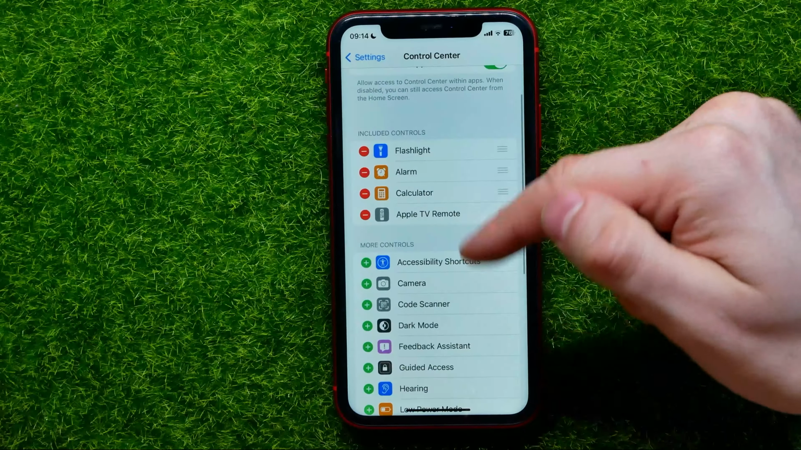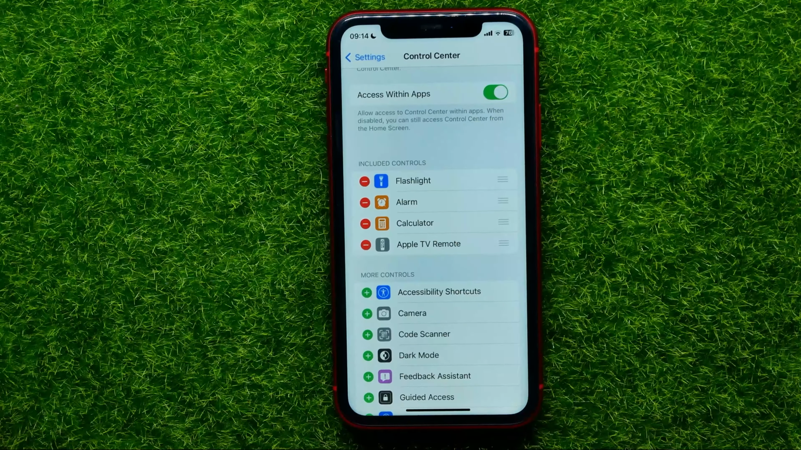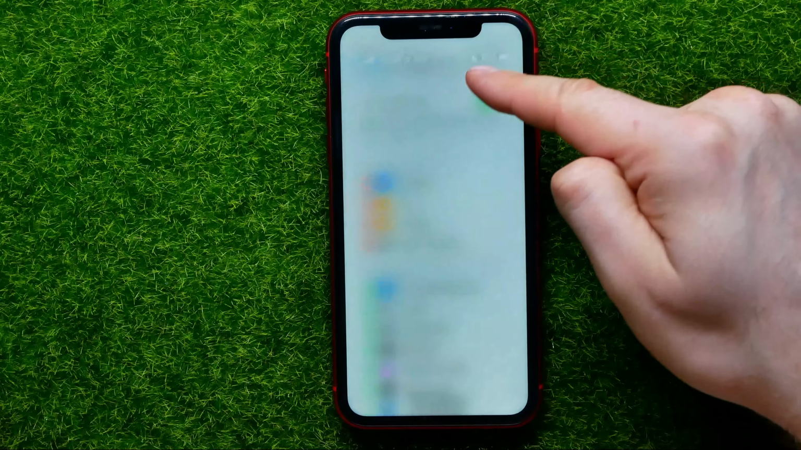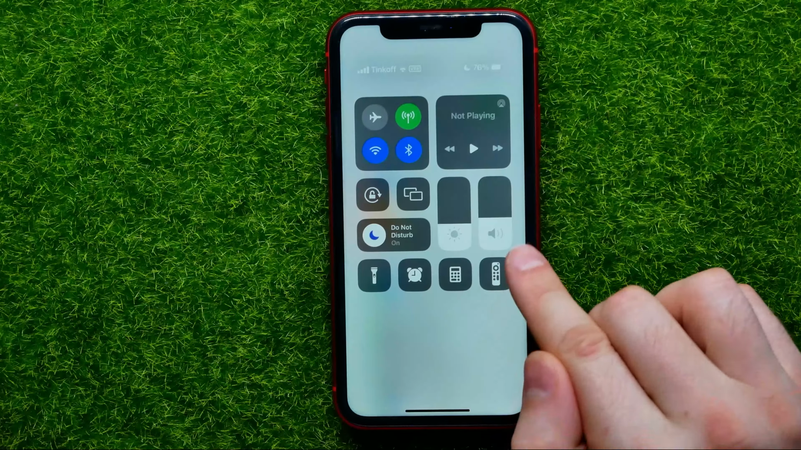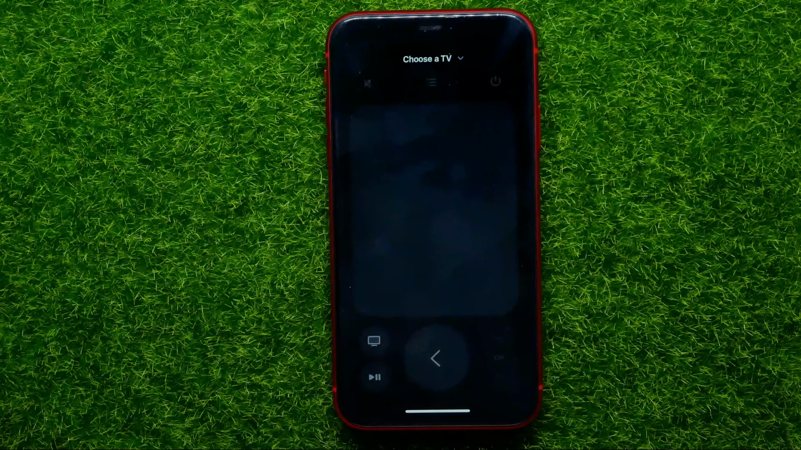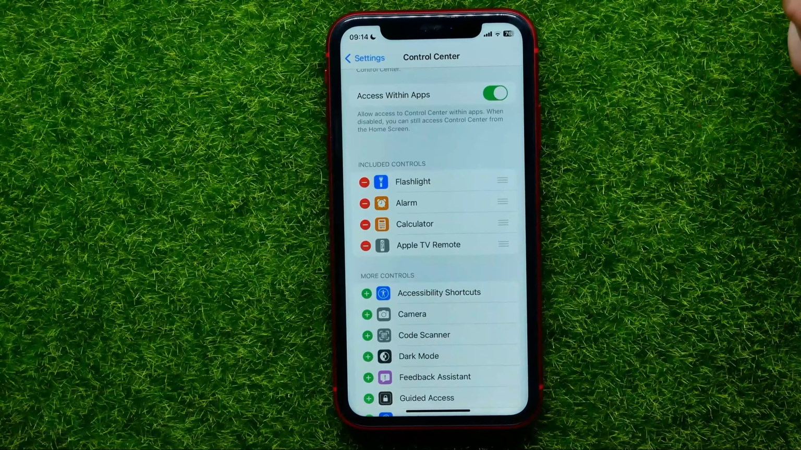That moves this shortcut to included control section, and that means that Apple TV remote shortcut is already at the control center. You can swipe down from the top right corner of the screen to bring up control center. As you can see, this shortcut is already here. You can tap on that to open up Apple TV remote, and also, right from here, you can change the